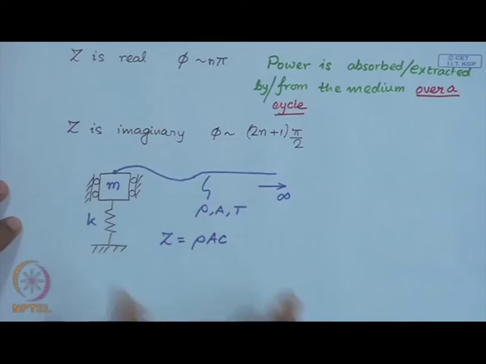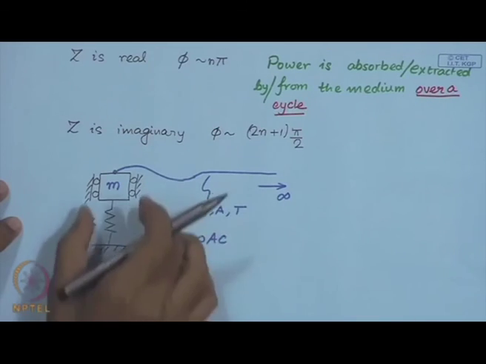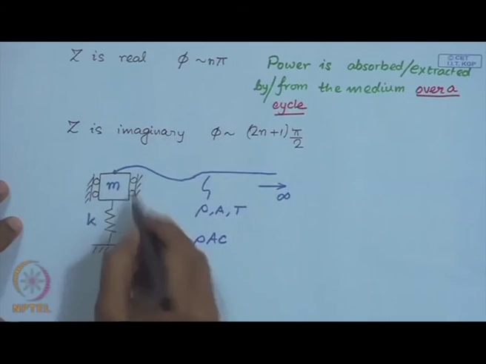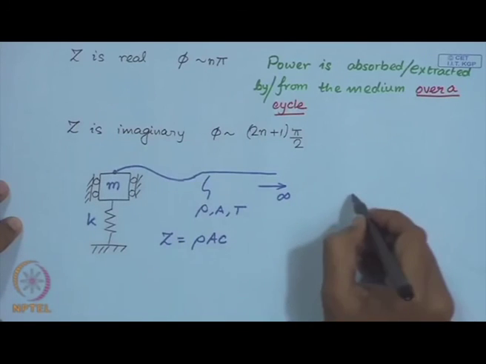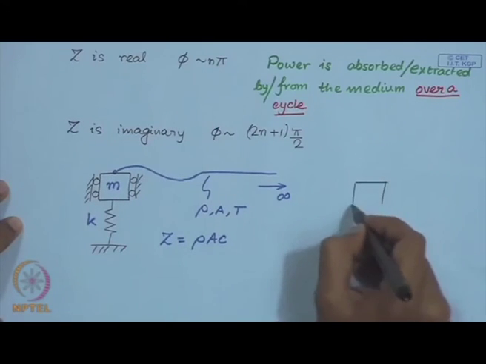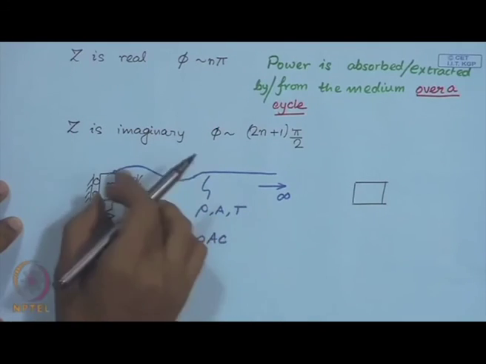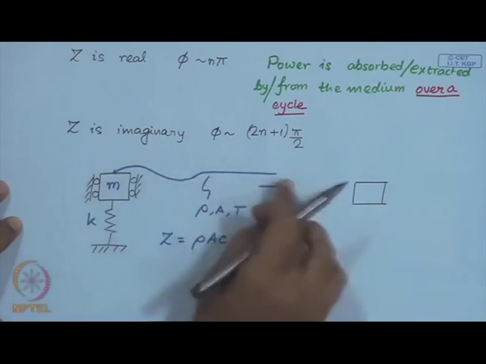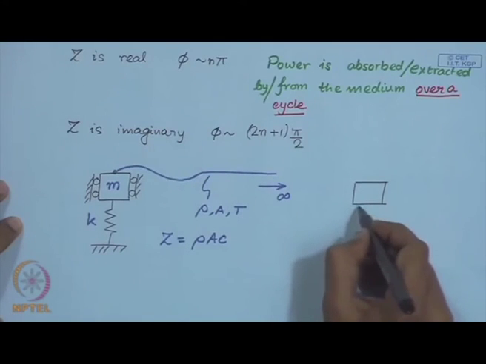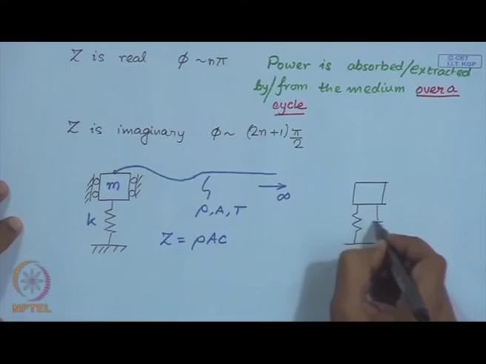So, that is the impedance of the string. So, once you connect this oscillator to the string, and since the impedance is real, power will be real and positive,